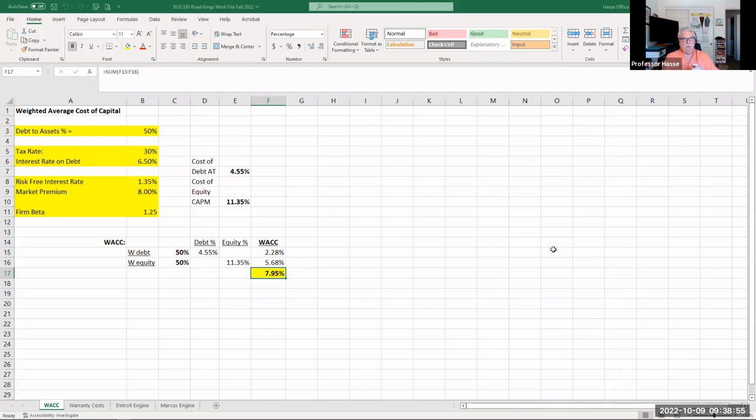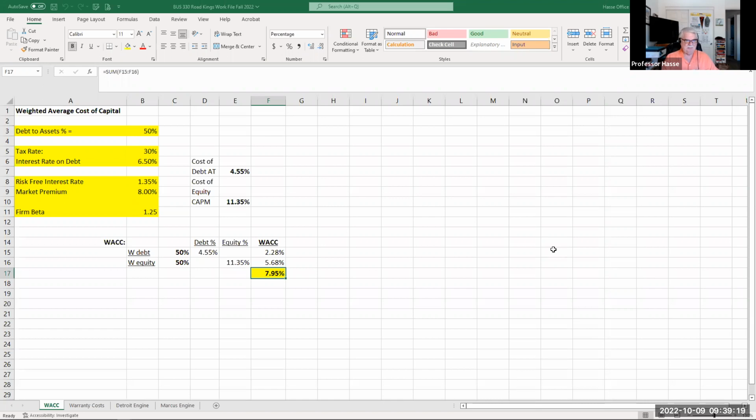Here's the Road King work file that's posted in the Road King folder. This is the file that you can download and do your work on. A lot of it's already preset. You just have to finalize the numbers, very similar to what you did in assignment 3, with a couple of different caveats. First of all, in our class on Wednesday, we went ahead and determined that the